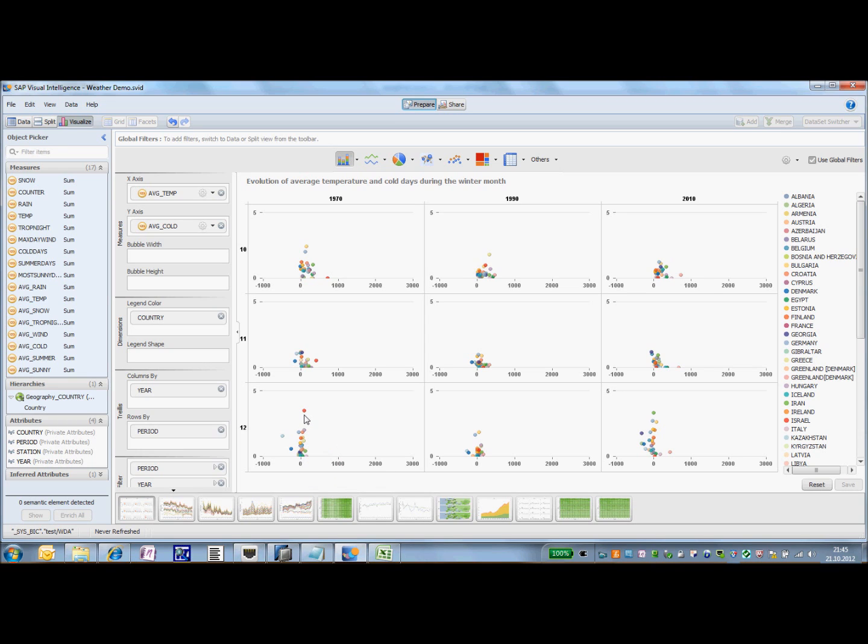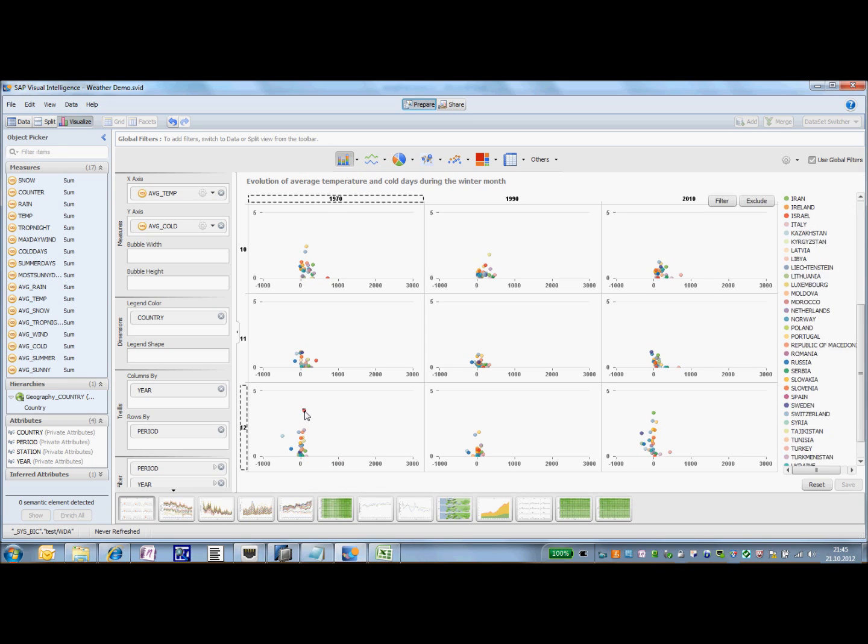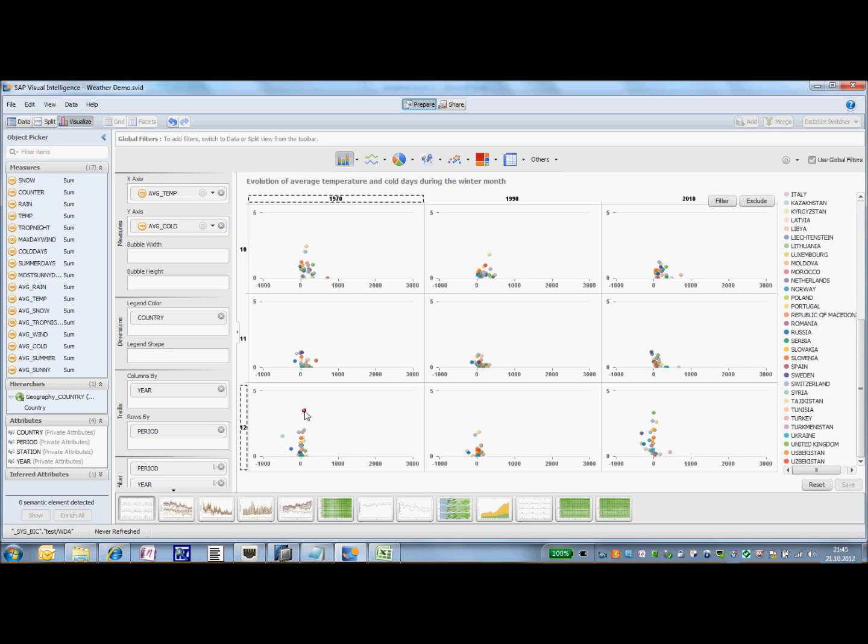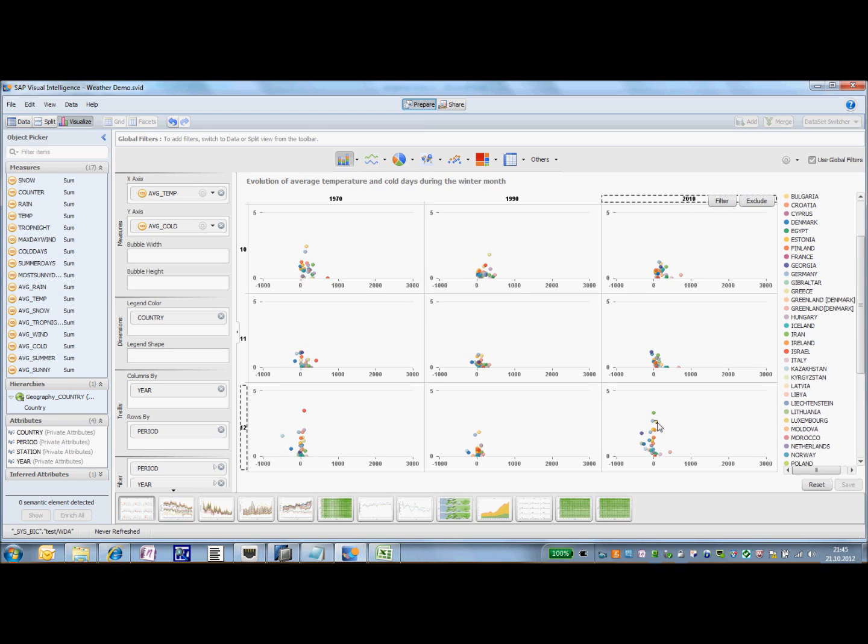While in 1970 we just had one box up here, which is Uzbekistan, in 2010 we got more and more boxes up here. Kazakhstan, Switzerland, for example. So that looks to me like an opposite trend to what we saw. In winter months, it's getting colder, but in summer,